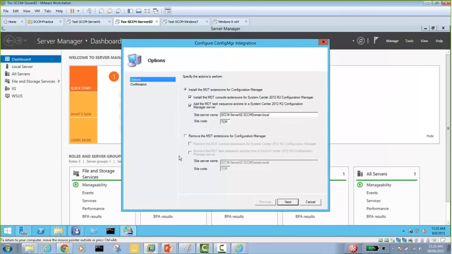What it did is it's already detected. It is supposed to already detect our site code and the SCCM server. And if it did not detect in your case, that's not good. Then there is something very wrong. Yeah. If it doesn't, well, if it doesn't,